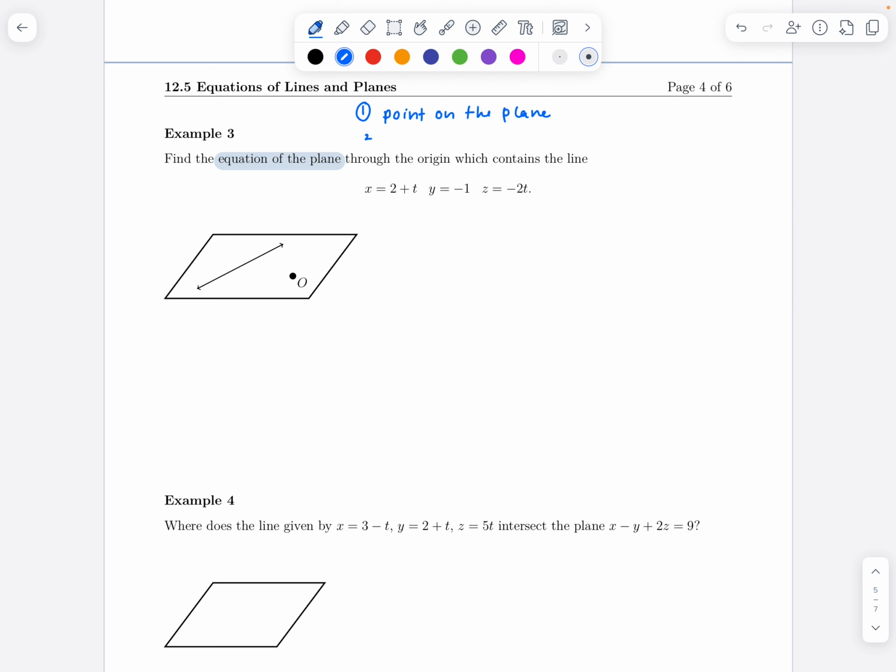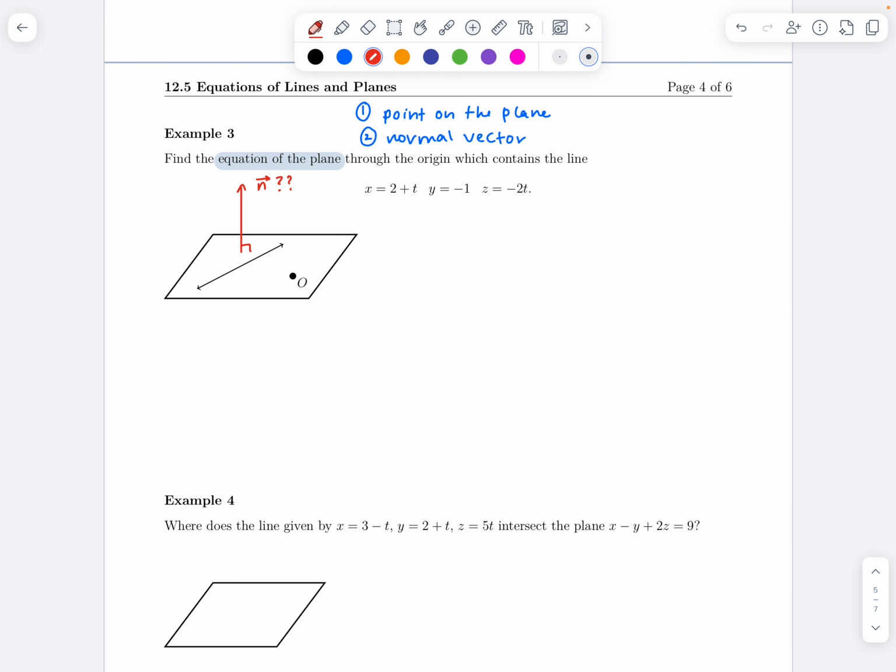and you also need a normal vector to the plane. Now, the normal vector, what that really means is you're looking for a vector that is orthogonal to your plane. So our goal is to figure out how can we get some normal vector orthogonal to this plane. So we're looking for this in addition to a point on the plane, but the good